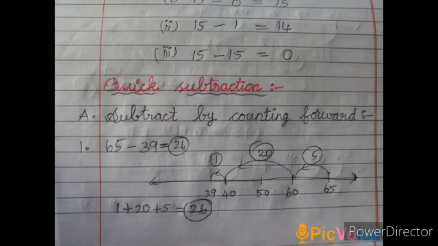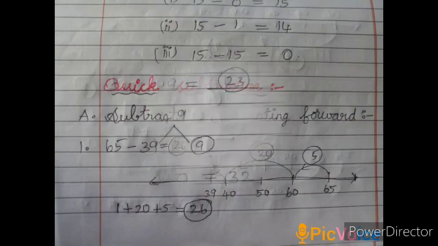39 to a round off number. Next round off number is 40, no? So we skip it to 40. So we did only 1. So 1 is the number. You put it on the top and put a circle. Then 40 to 60. So 40 to 60 we are skipping 20 numbers. So you put it on the top and put the circle. Next is 60 to 65. It is 5 numbers. So totally 1 plus 20 plus 5, 26. So it is the 26. 65 minus 39 we get a 26.